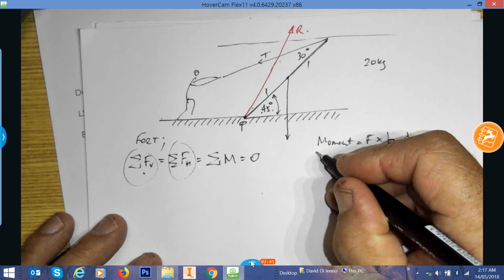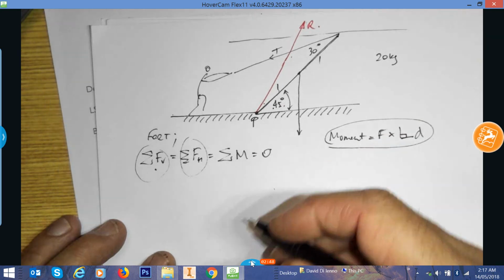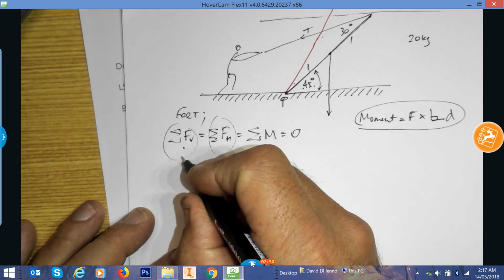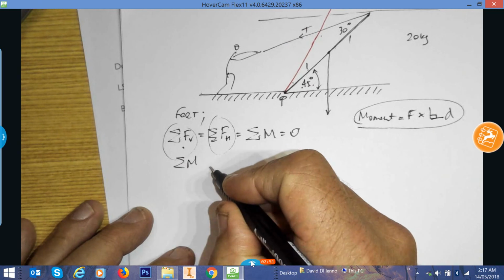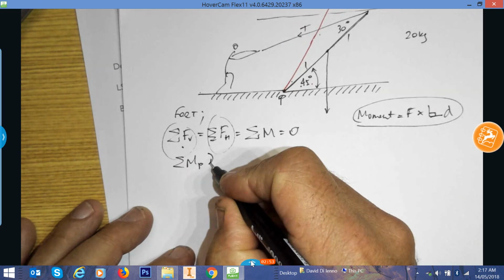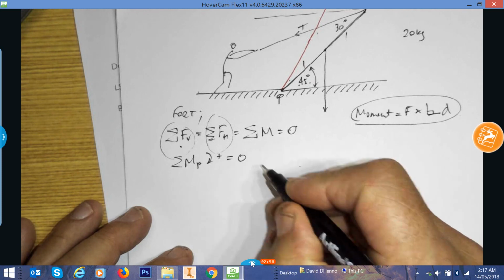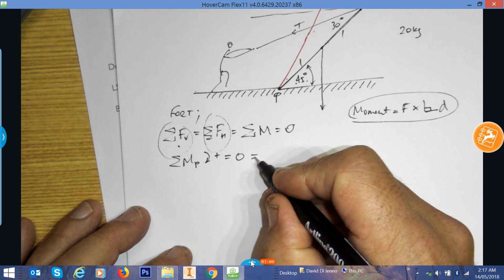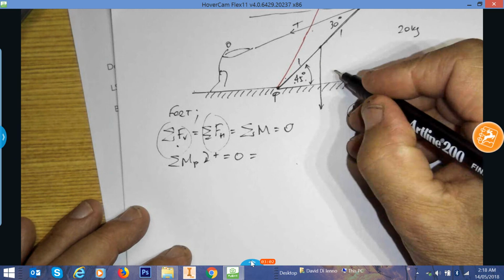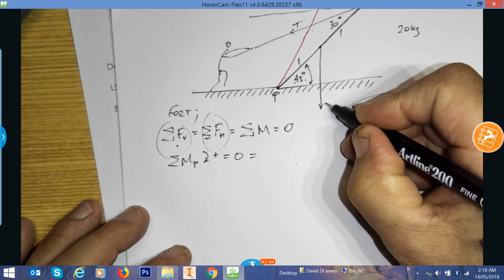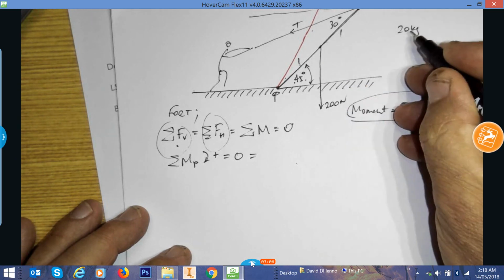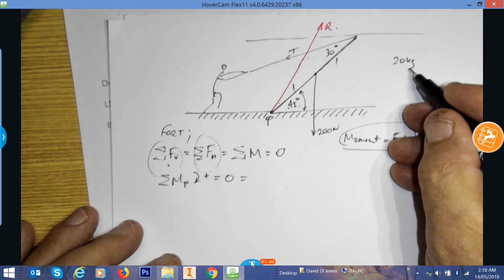We can say that the sum of all the moments about the point P, going in the positive direction clockwise, is going to equal 0. And that will equal this weight force, which is going to be 200 newtons, because it's 20 kilograms times 10 meters per second squared, 200 newtons,